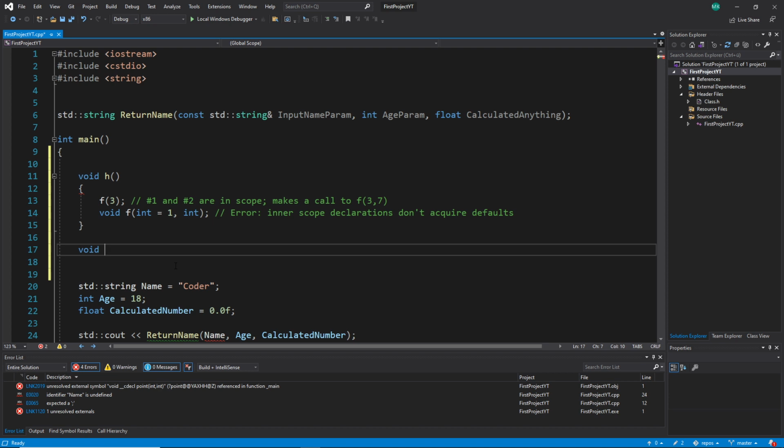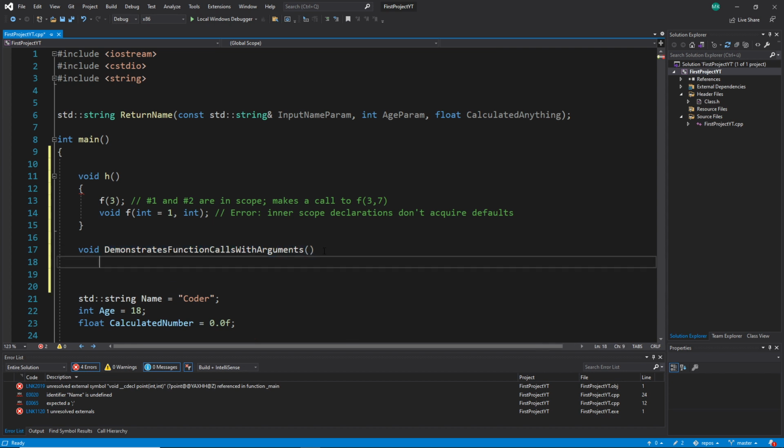Yes, demonstrates function calls with arguments. So this name is absolutely long, right? And let's go.